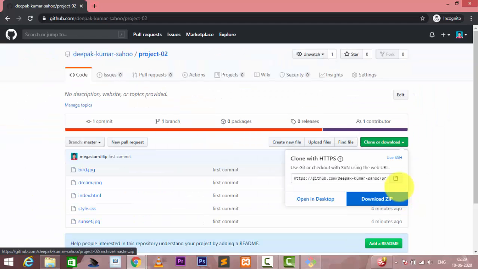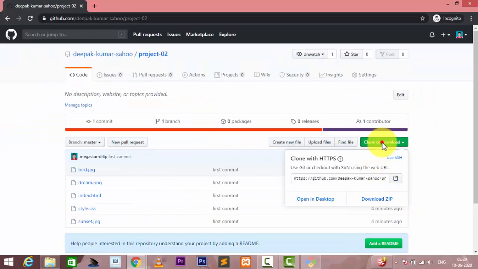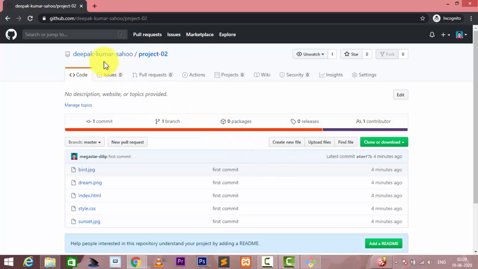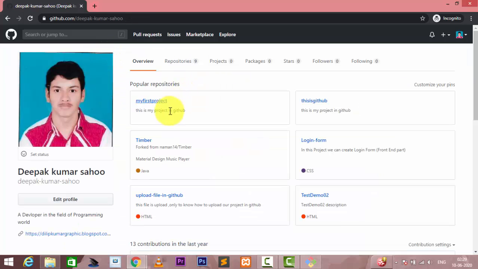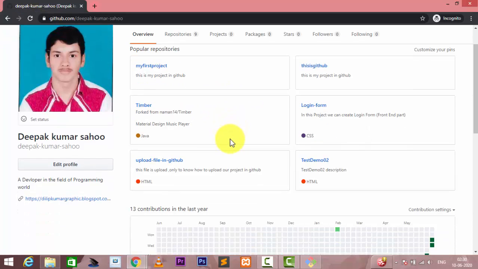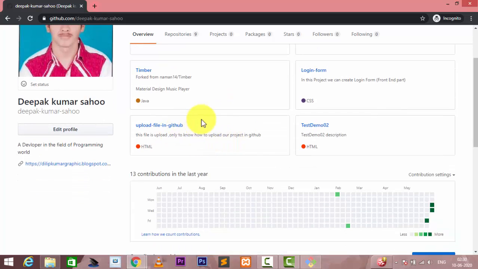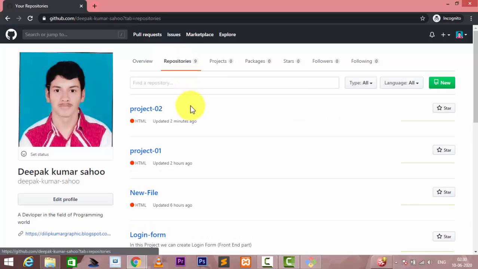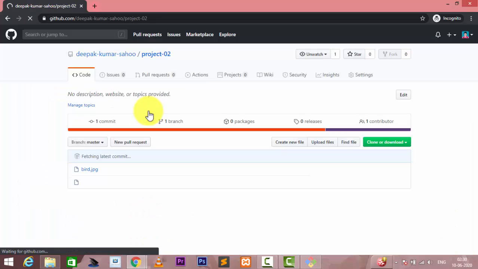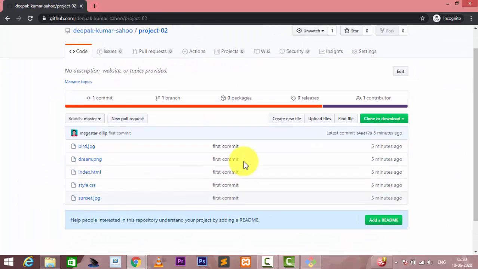So this is the total basic content, and I successfully uploaded the entire data. Right now you are seeing our entire data. I simply refresh it, so here you can see the entire data showing. Okay, where is the data? Click on repository, and here you can see the entire data. If you click on that, the entire data will be showing here.